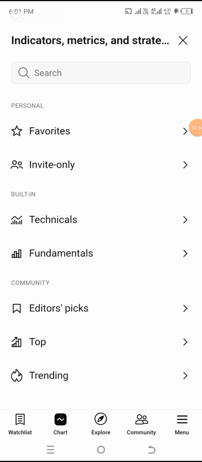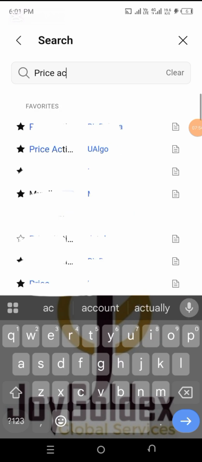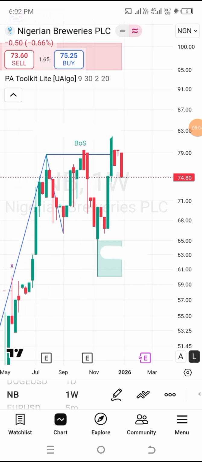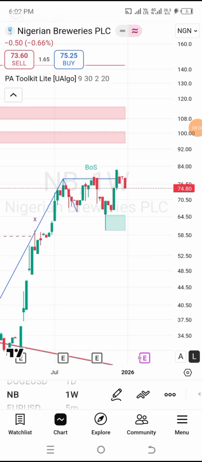So we are looking for a particular indicator that will help us to know where we are targeting to buy from and where we target to sell and take our profits. So when you come there, click search for price action, the particular one that has UAlgo. Just tap on it. Now you can see it has helped us to mark out where we should look out for. Remember, I told you that